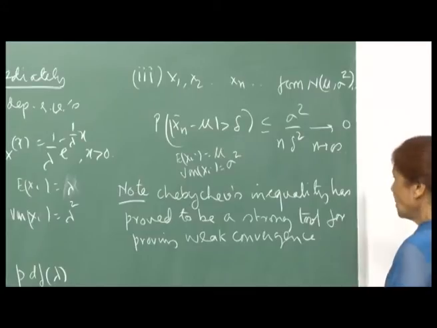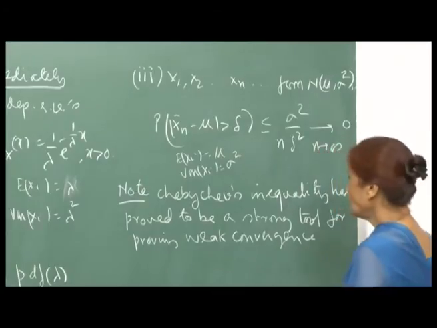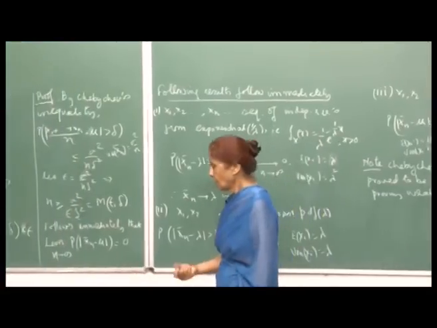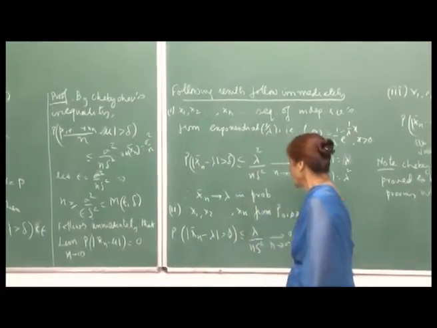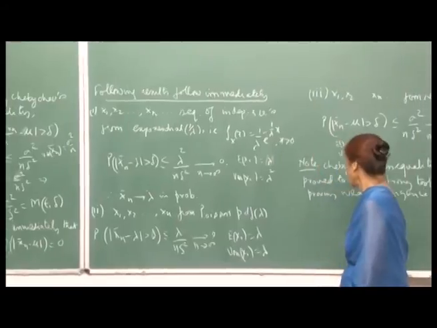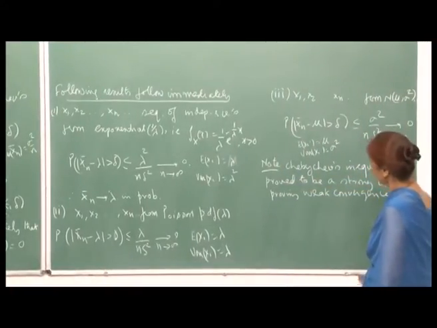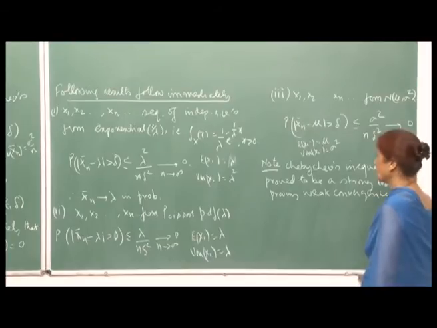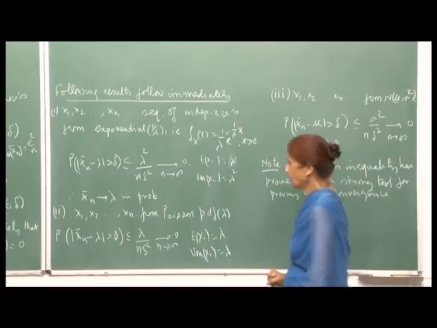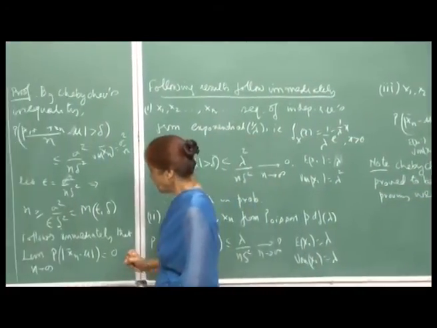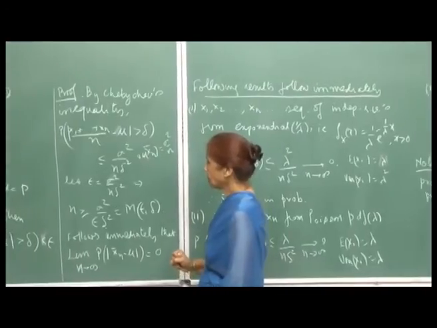So, Chebyshev's inequality has proved to be a strong tool for proving weak convergence, and we will see that. I also showed you an application of Jensen's inequality, and we will look at some more limit theorems where we will also make use of these inequalities. So, the whole idea is that one needs to emphasize the fact that